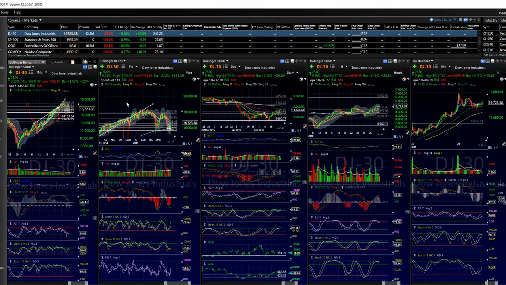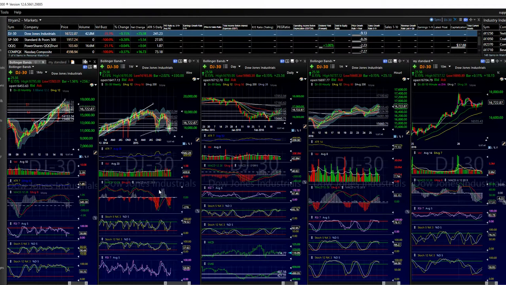And right now we are in the middle of, again, this is the monthly chart over here. This is the weekly chart, daily chart, hourly chart, 10-minute chart. All of these are separated by about a factor of 5 or 6. A week is 5 days. A month is about 4 weeks. A day is 5 days out of a week. An hour, about 6 out of a trading day, and so on.